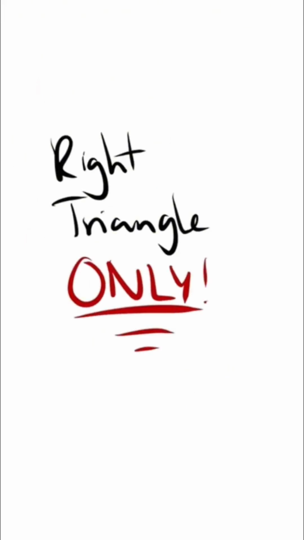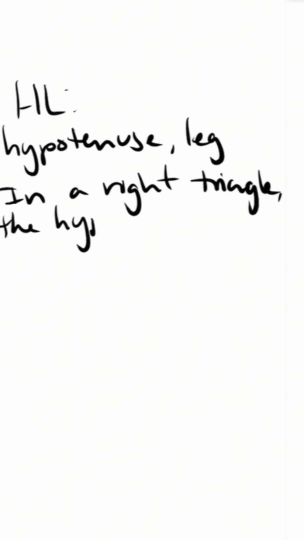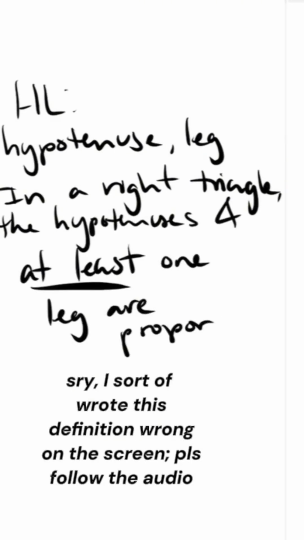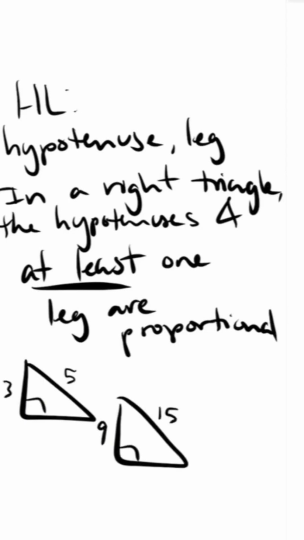These next types of similarity are right triangle only. The first type of similarity that applies to right triangles only is HL, or hypotenuse-leg, and it's when in two right triangles the ratios of their hypotenuses and one of their legs are equal. So for example, two right triangles, one with a hypotenuse of 5 and a leg of 3, and another with a hypotenuse of 15 and a leg of 9, are similar